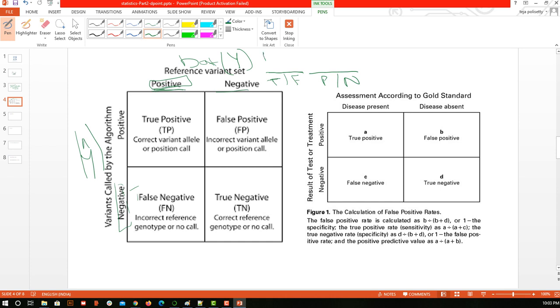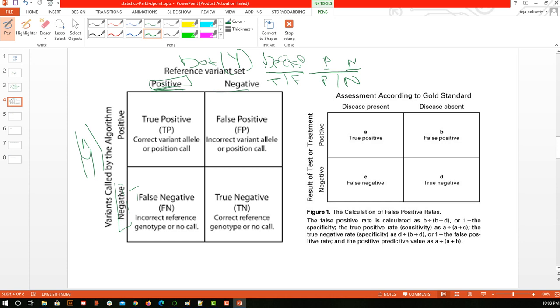So here we say whether our decision was correct or not. If the decision was true, we write true. If the decision is false, then we write false. That is self-explanatory. Now next is positive or negative. If it was positive and we also predicted that it was positive, we say positive, irrespective of whether it is correct or not. Forget whether it is correct or not. What is it that you have predicted? Is it positive that you have predicted, then write P. Is it negative that you have predicted, then write N.